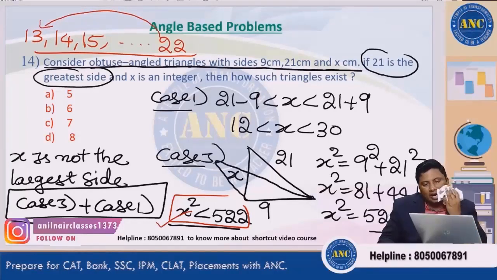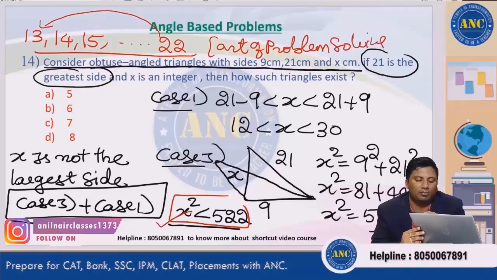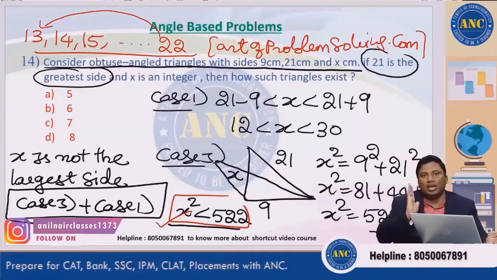14th one, consider an obtuse angled triangle. This is a very, very beautiful question which came in the Greece Mathematical Olympiad, lifted from artofproblemsolving.com. You don't need to do a square greater than b square plus c square. In an acute angled triangle, the angle of 90 degrees is shifting to the right side. If it is shifting to the right side, what will happen? Hypotenuse decreases, height will increase.